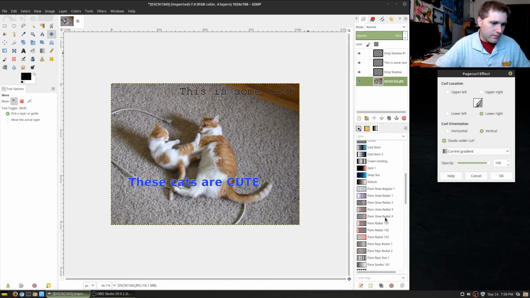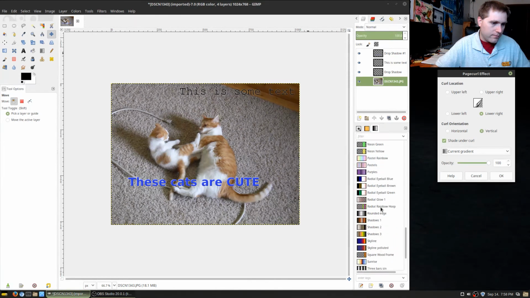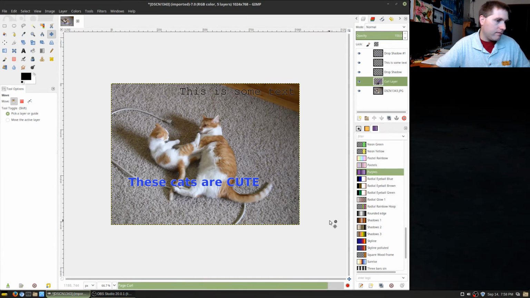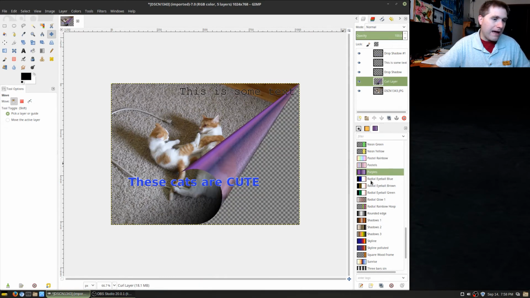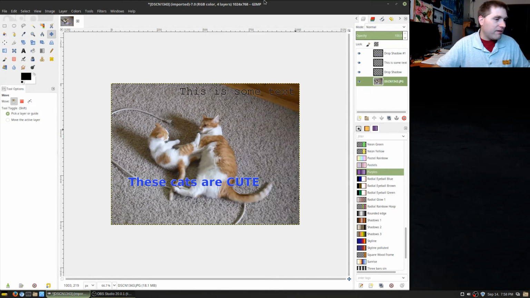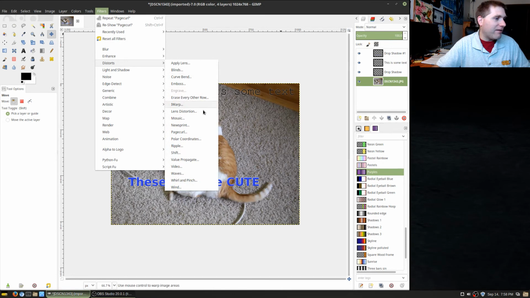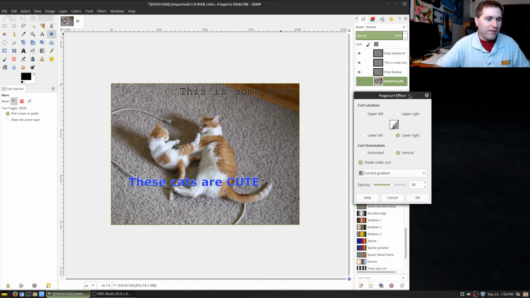Let's just try the purples gradient. Let's try that one. Change our opacity a little bit, see what that does. There you go. So that's going to grab our purples, and that gives it almost like a Mylar type feel to it. Let me just play with that again. I like that one. That's a pretty cool one. A little gaudy, but you know, it's okay. I want to see if I can